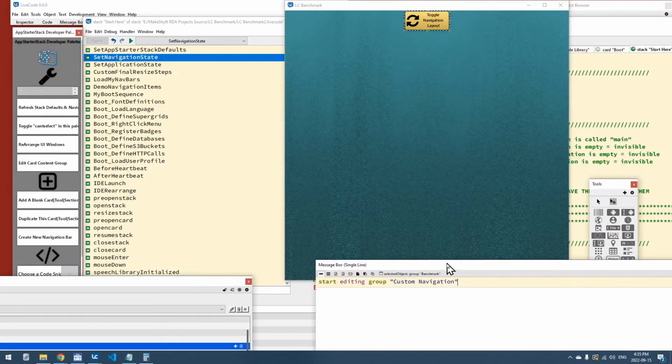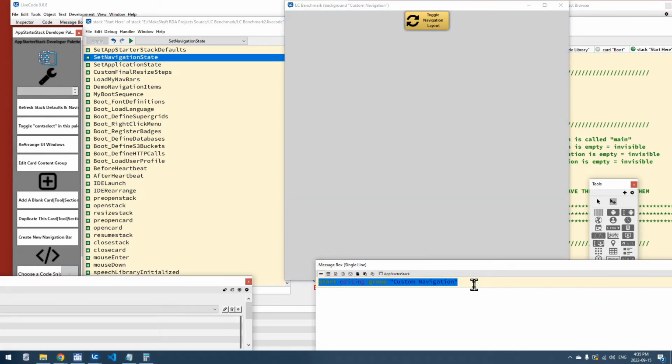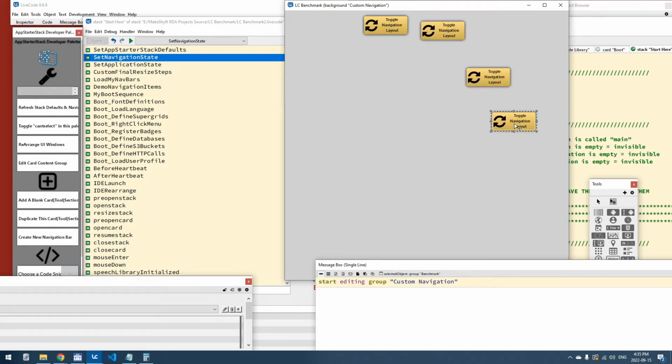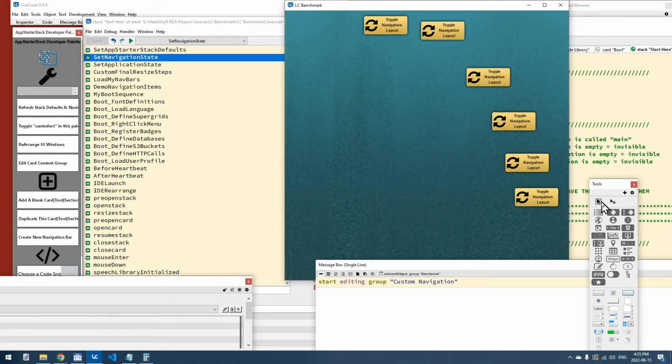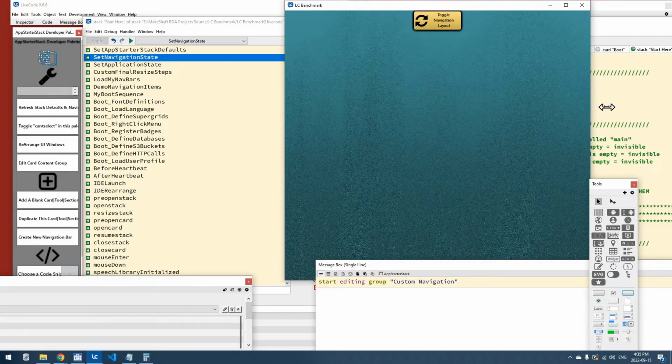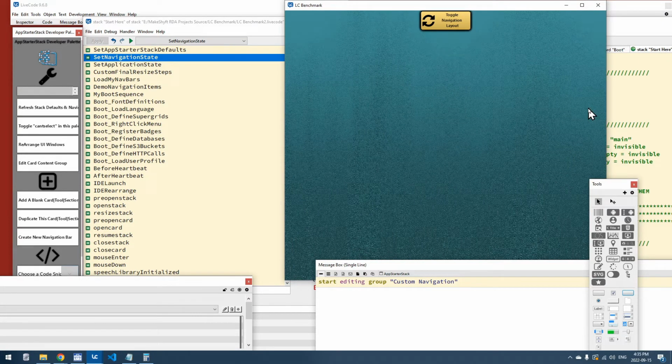So we're just gonna make enough copies of this button for what we need. We need 6 buttons, so we need to make 5 copies. 1, 2, 3, 4, 5. Okay, and when we exit this group and we resize our stack, they're all going to snap to the same position as the other one. So there you go. We need to obviously modify their properties to create the buttons that we want and need for our